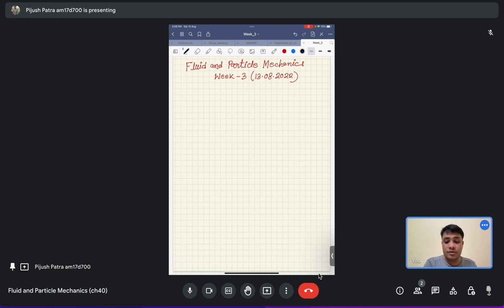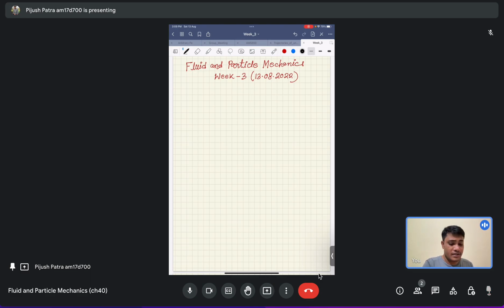In class, the professor already solved the plane Couette flow, or flow between two plates, and flow through pipe, or the Hagen-Poiseuille flow, and also discussed the Taylor-Couette flow, or flow between two concentric circular cylinders. So I will derive the velocity profile for a few of these. One is the Hagen-Poiseuille flow and another is the plane Couette flow.